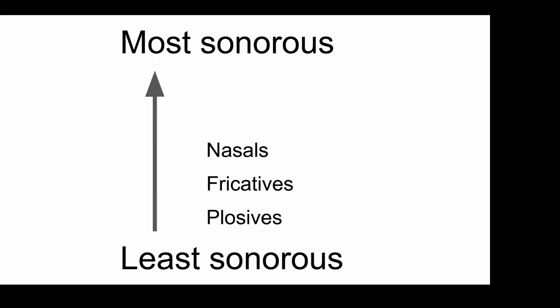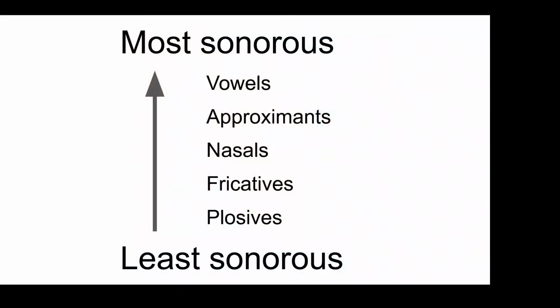So here's a sonority hierarchy. If we go through, the least sonorous sounds in any language are the plosives. Next up are fricatives. Nasals are more sonorous yet than approximants, and the most sonorous sounds are vowels. Now, there are differences within each of those categories. For example, voiced fricatives are more sonorous than voiceless ones, voiced plosives more sonorous than voiceless plosives. But this five-stage hierarchy here is going to be good enough for our purposes.